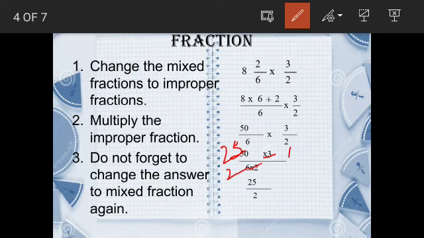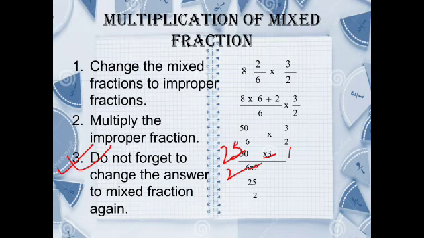So this is the solution, but we are not going to leave it here because our third point is still left. We have to change the number into mixed fraction. We all know that we will be dividing the number so that we get the mixed fraction here. If we divide the number, our quotient will be 12, our remainder will be 1, and obviously our divisor is 2. So our mixed fraction will be 12 1 by 2. This is the answer.